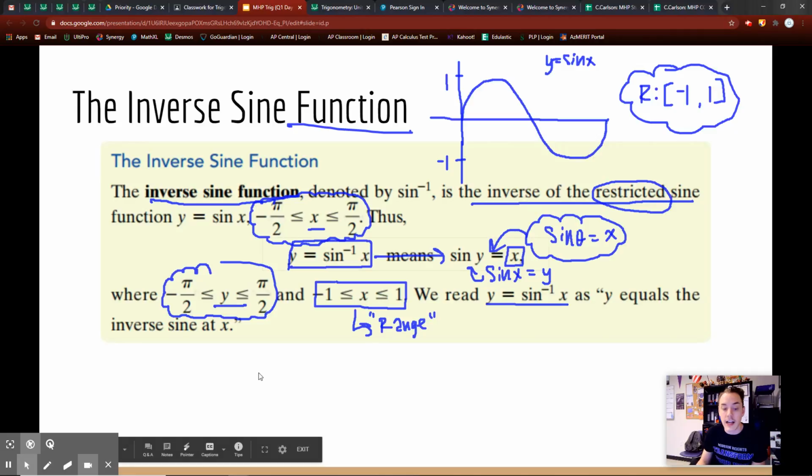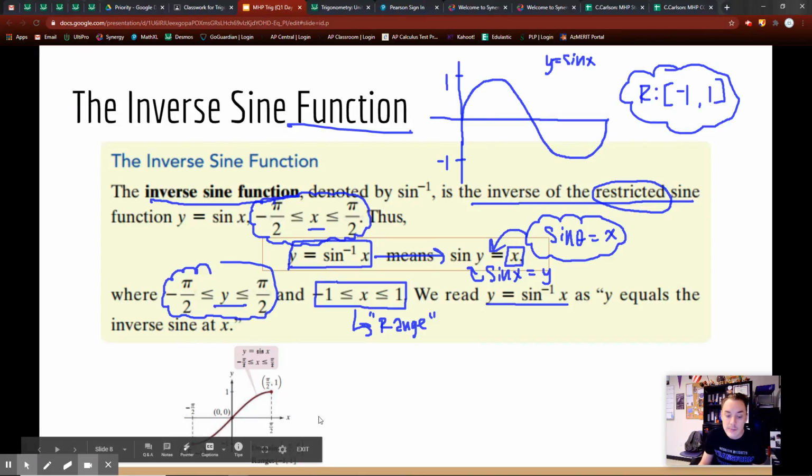What does this look like as a picture? So this is my normal sine graph. I kind of did the normal sine graph right up here. Now notice my domain down here. Why does it do that? Well,